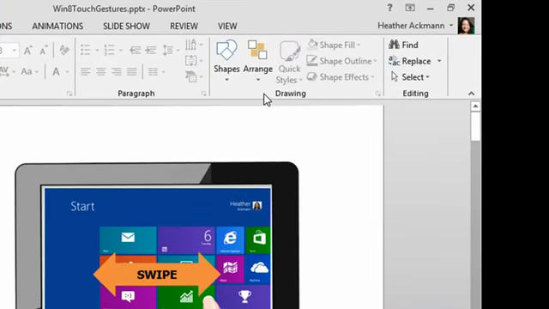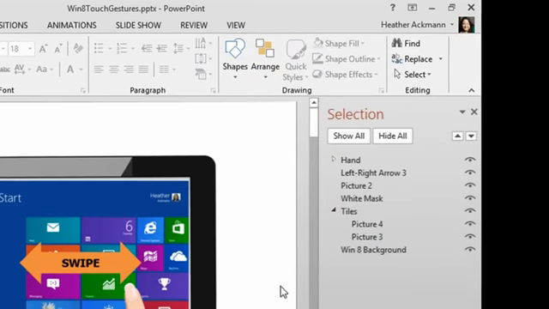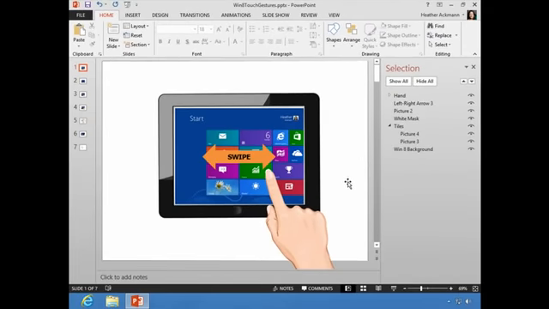You can view your selection pane by going to the Home tab and all the way over to the Drawing group. In the Drawing group, you should see a button that says Arrange. Clicking on that will reveal a submenu, and at the very bottom of that submenu, there it is, Selection Pane. Clicking on that will open up a pane to the right-hand side that displays all of the objects you have